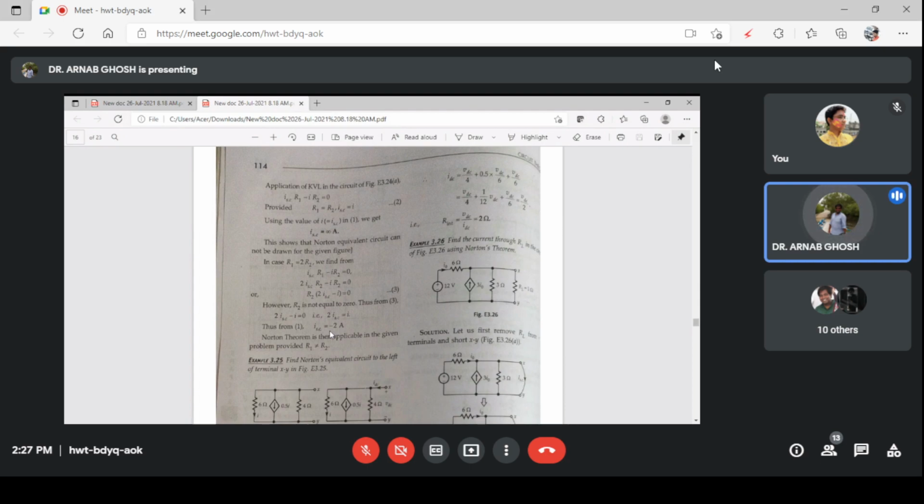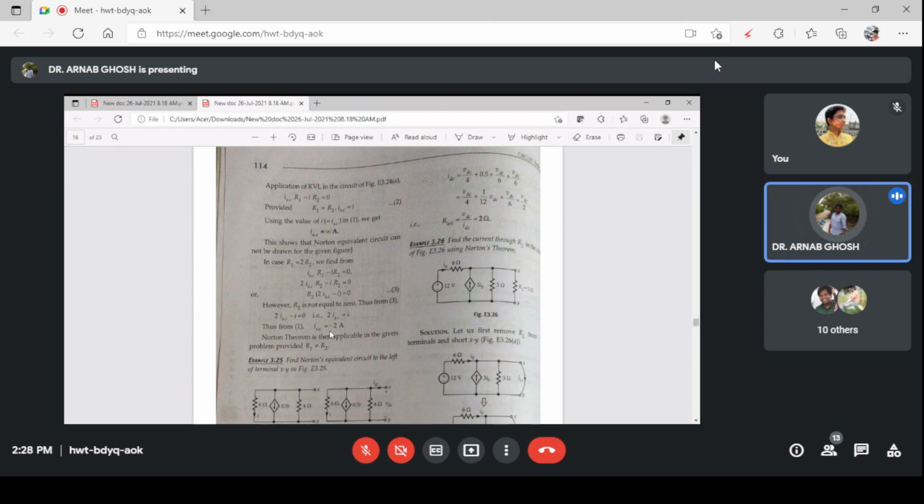I will send this to you, so that won't be an issue. The thing is, have you understood the application of this dependent source? Sir, in which mesh will we apply KVL? See, all these are current loops, so your voltage will be developed across this. KVL across this entire mesh. We are calculating this as a single mesh.